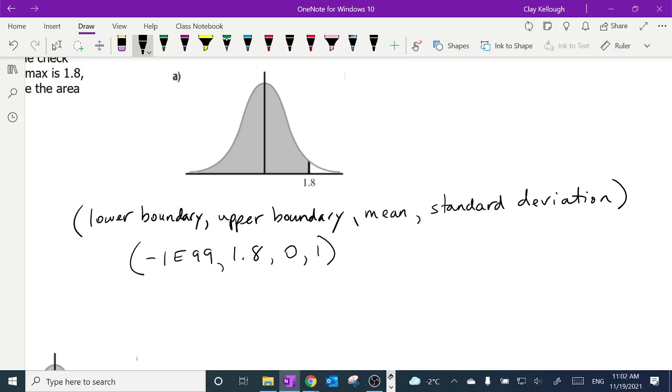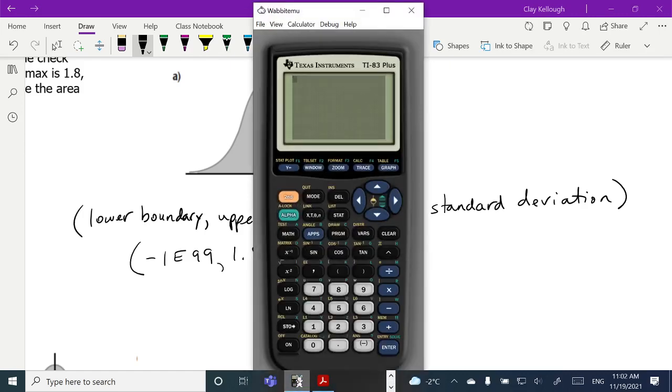So all the guys who are using TI calculators or the pirated version of the TI calculator on your phone,